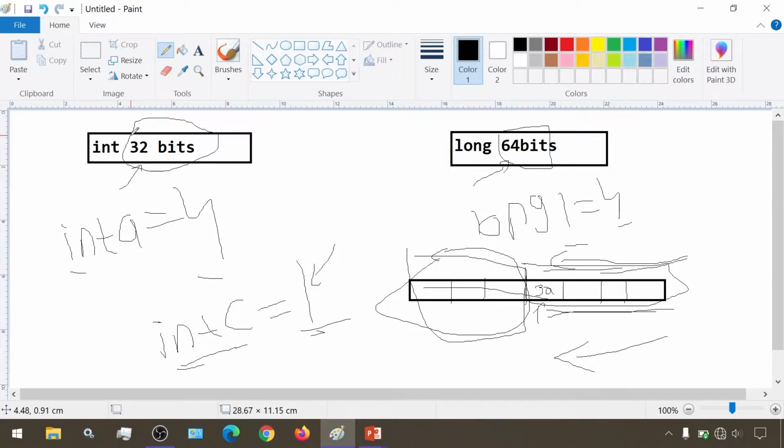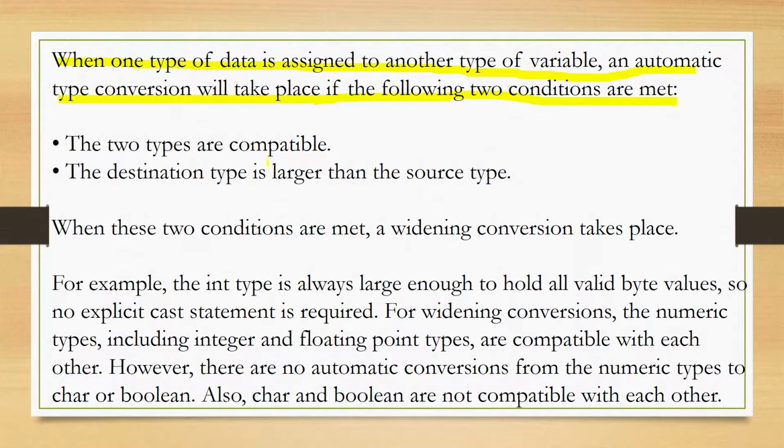This either happens automatically or as programmers we are explicitly needed to do that. For it to happen automatically, there are two conditions which should be met. The two types are compatible, and the destination type is larger than the source type.